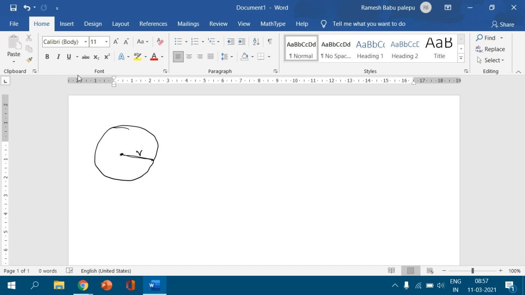The formula for the perimeter of the circle, which I will call peri, is 2πr, and the area of the circle A equals πr².